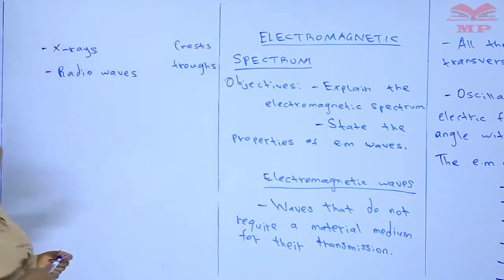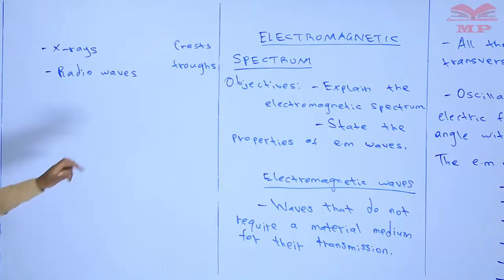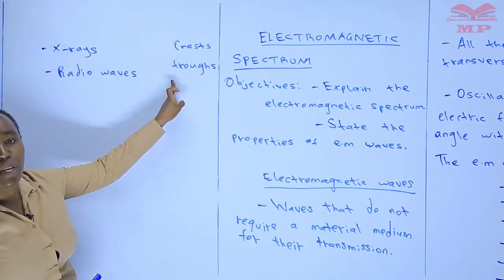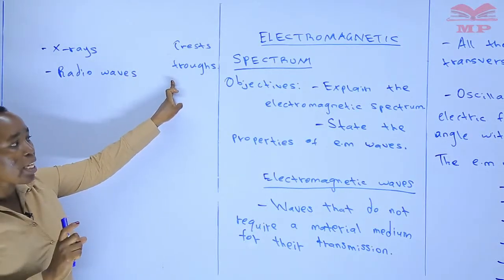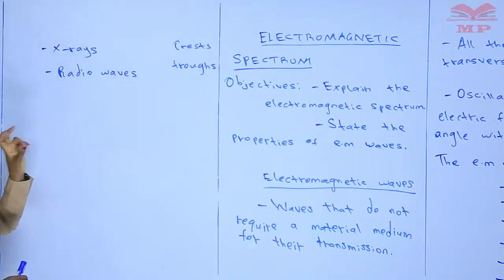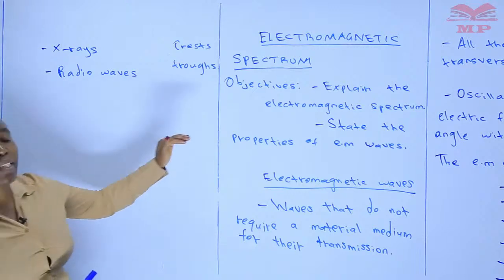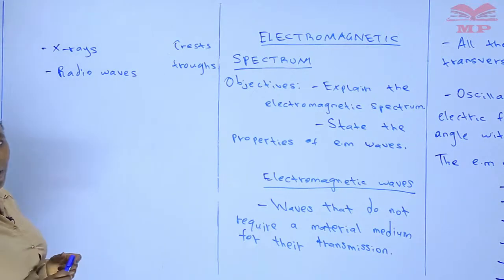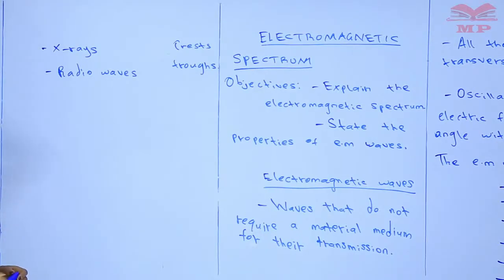That is what we said in Book 2 on waves, that a transverse wave has sections of crests alternating with troughs. And note that all these electromagnetic waves are waves in nature. And therefore, when it comes to the properties of the electromagnetic waves, we'll also be looking at some of the properties of waves as